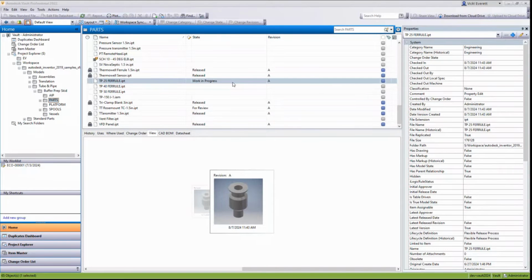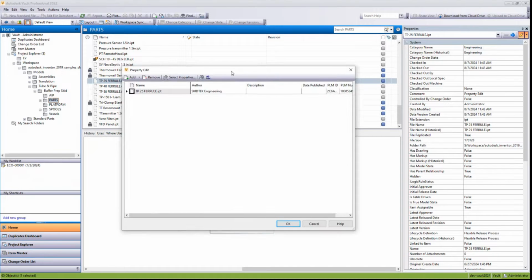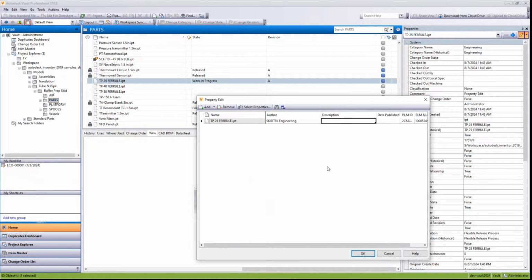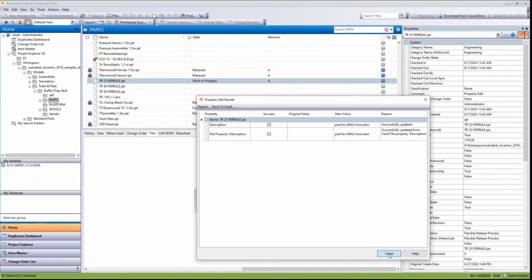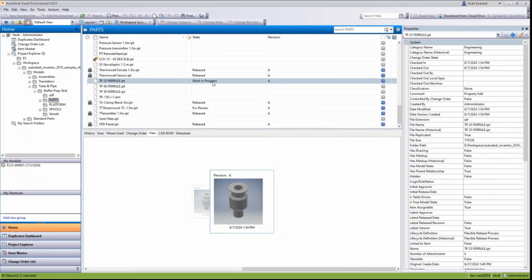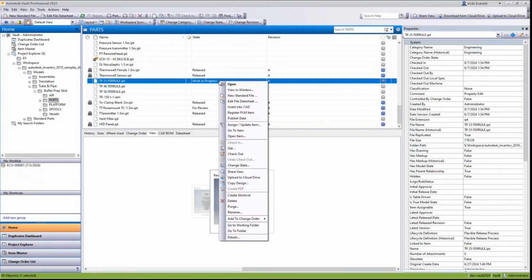We see a part file that's work in progress and it's ready to be sent forward for review in Aras Innovator. From here, we'll quickly edit the properties just to add a description. The value's been added. And now within Vault, we'll simply do a right click and we will change the state